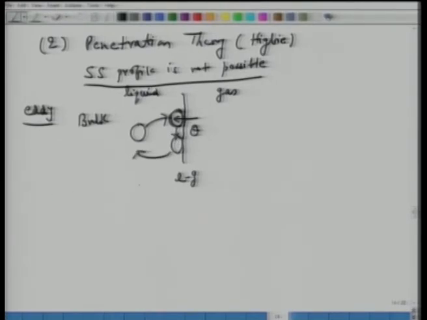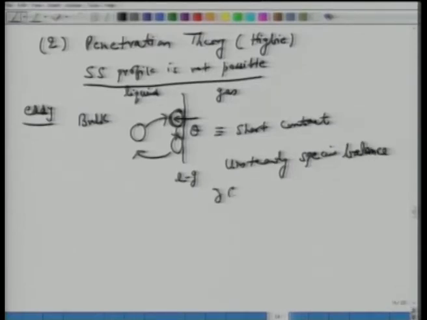So in other words, there is a very short contact between the two phases when we have a mass transfer from the gas to the liquid, in which case it's not possible for the profile to reach a steady state. In that case, penetration theory becomes quite popular and more realistic. It has been shown that in such cases, an unsteady state species balance can be written